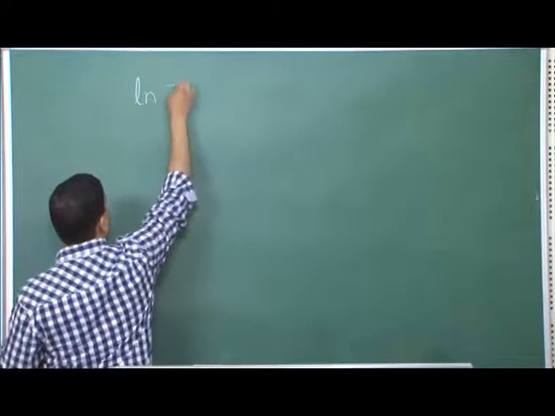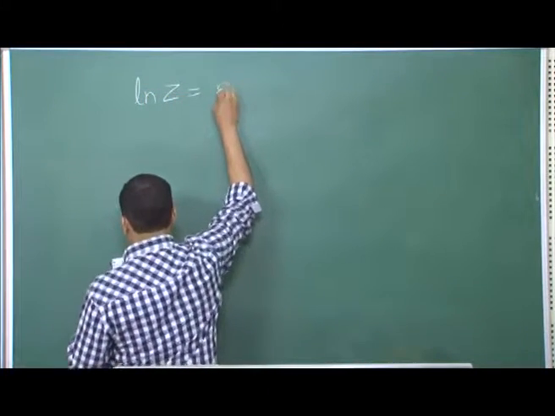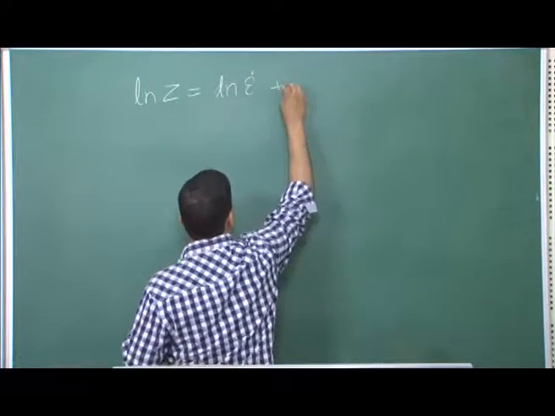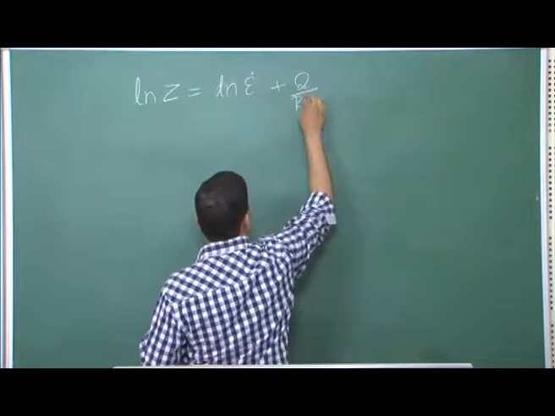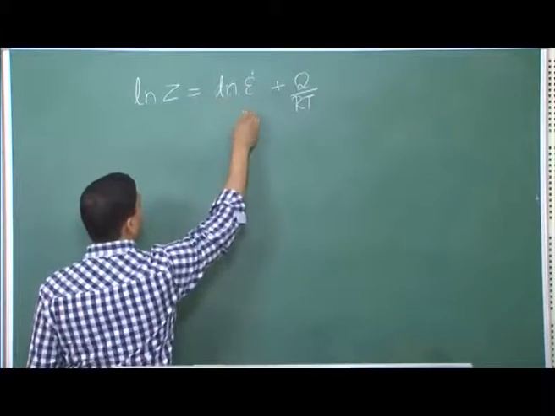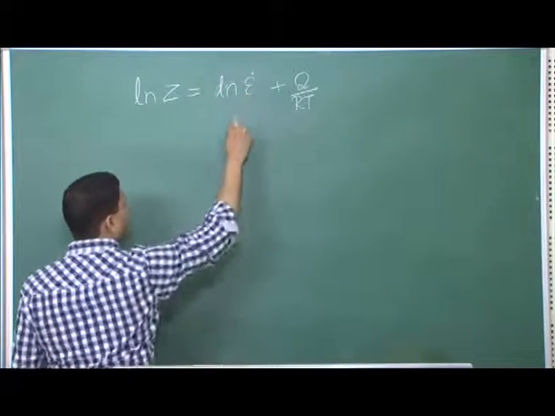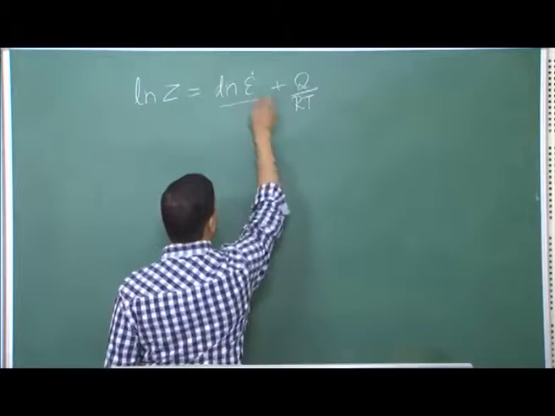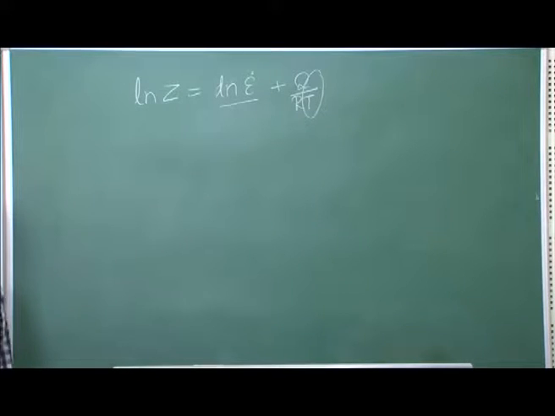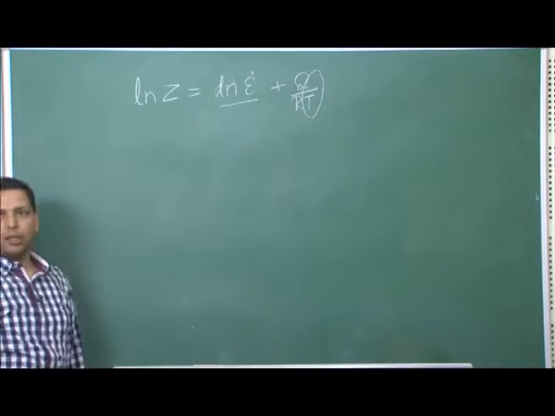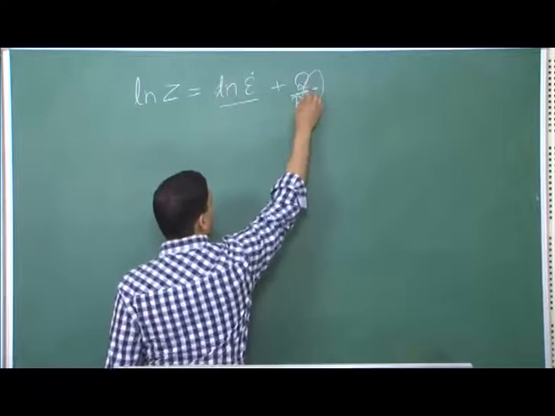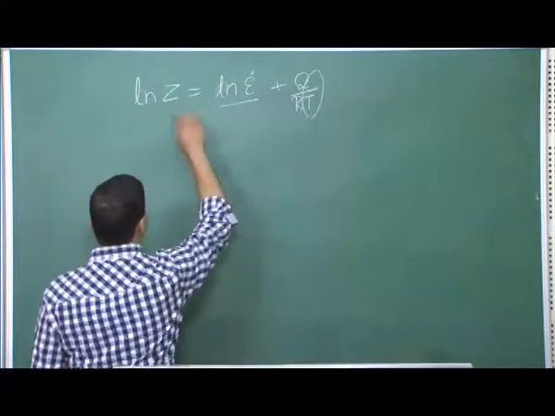Now, we will simplify it as ln Z is equal to ln strain rate plus Q over RT. Now, from here what you see is that if you plot ln strain rate on the y axis and 1 over T on the x axis, you would get a straight line. So, this is of the form of a linear equation. So, you have y equal to mx plus c, where this is y, this will become your m, this will be your x, and this will be a constant c.